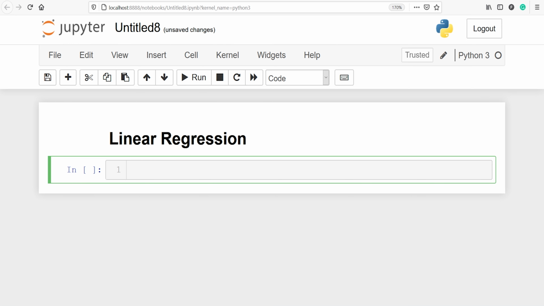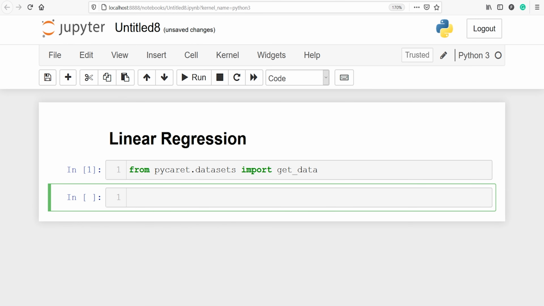temperature, etc. We will work on a diamond dataset. The goal is to predict the price of a diamond in US dollars. Let's get the dataset from PyCaret. We will write from pycaret.datasets import get_data. I'll make one variable, dataset. Then I will call this get_data that we have imported above.